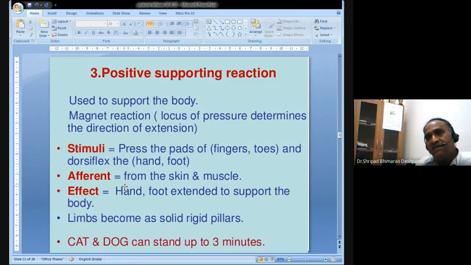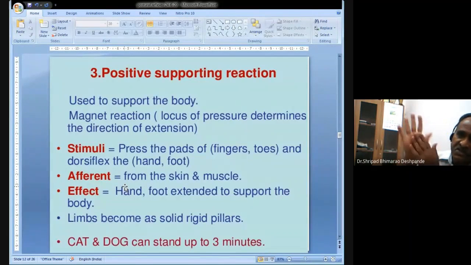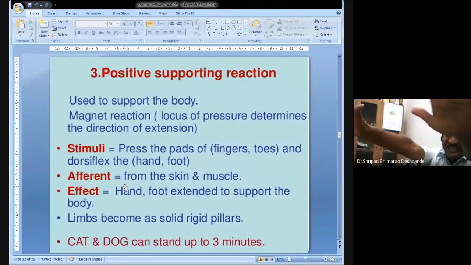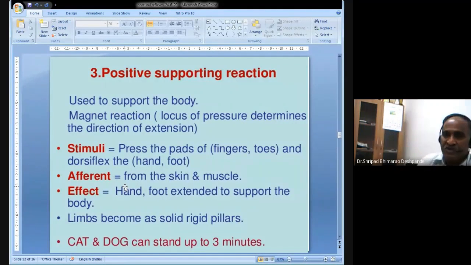The magnet reaction means pressure on the pads of the fingers or the toes, and then a dorsiflexion of the hand. These are the stimuli. The afferents are from the skin and muscle. The effect is that hand and foot are extended and rigid, like supports for the body. Limbs become solid, rigid pillars, and by this, especially quadrupeds can be made to stand up